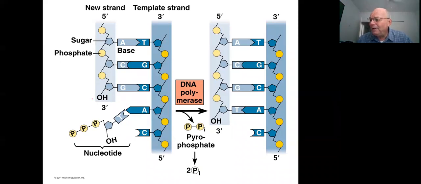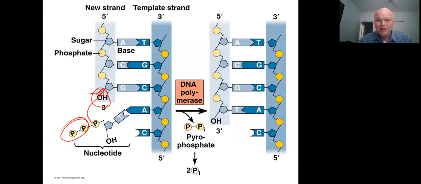You can see here that we have a 3' end with the hydroxyl group. This is the end to which the new nucleotide is going to be attached. Which nucleotide depends on the nucleotide in the parental strand. So the DNA polymerase brings in the nucleotide and attempts to add it in by taking off these 2 phosphate groups and using this phosphate then to bridge to the 3' carbon of that sugar. That adds in the new nucleotide, but then before it's satisfied that it's done its job,